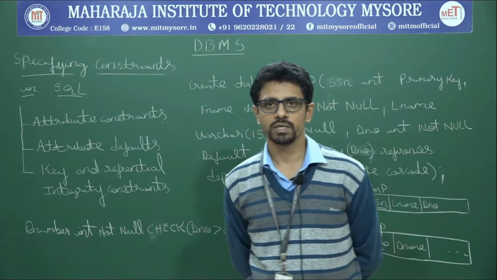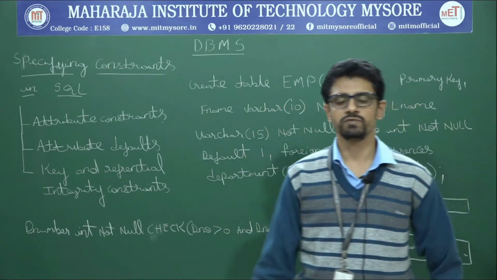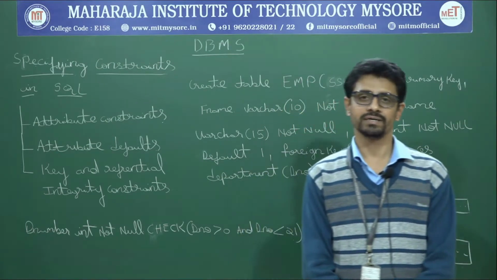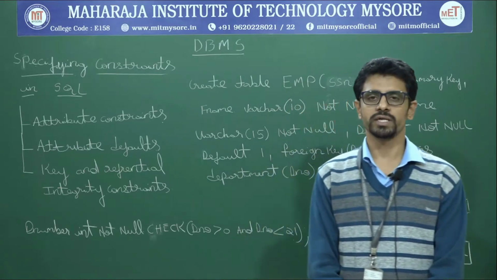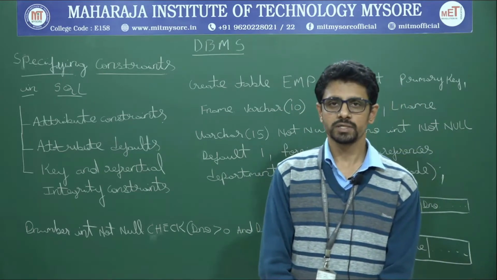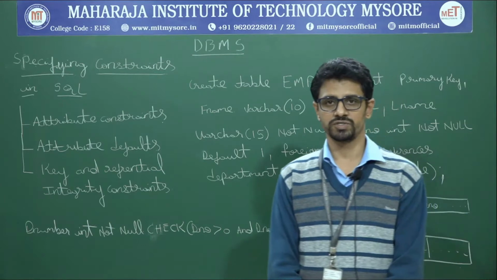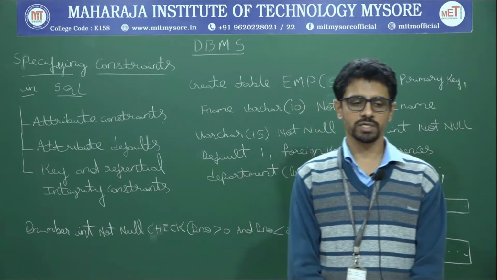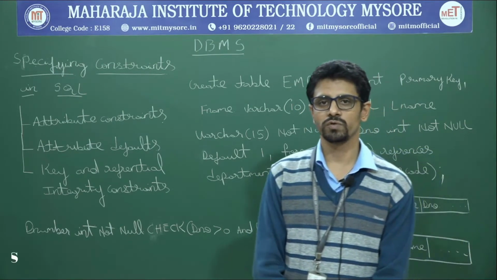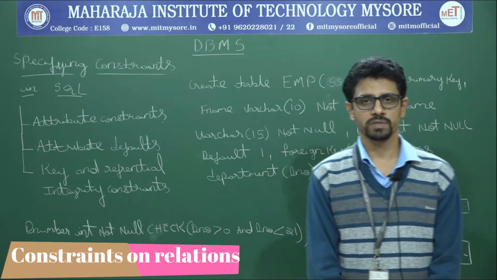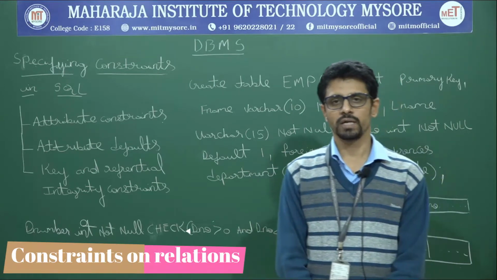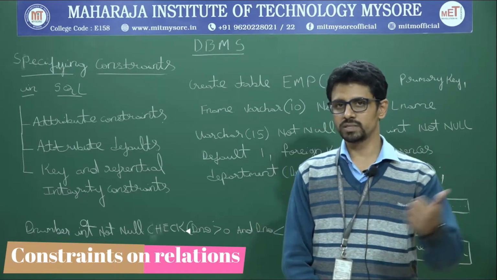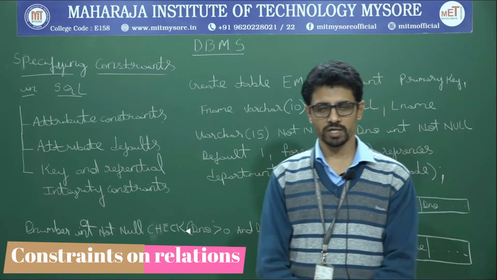Constraints are the rules which we need to follow while inserting values into a table. It's like defining how the table has to be presented to the end users. Say I want to restrict a user to enter only a USN in a field, or restrict a person to enter a salary in a field. All this can be specified through the domain, that is the data type, as we saw in the last video lecture.